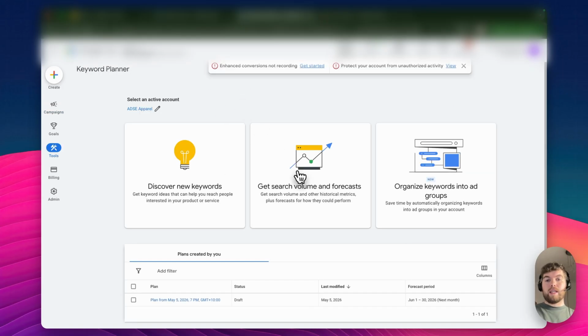Another way you can have a look is through your keyword planner. You can use this to get insights based on different keywords and phrases that other people are using that might be relevant for certain products. So if you have gym wear, that might be something you want to have a look at. So you can use these keywords to your advantage to improve the performance of your campaigns as well,